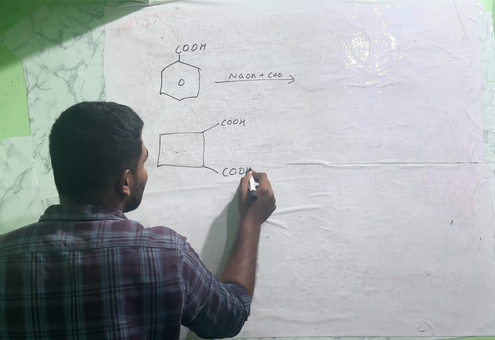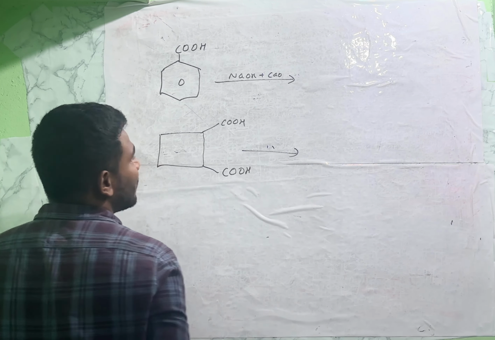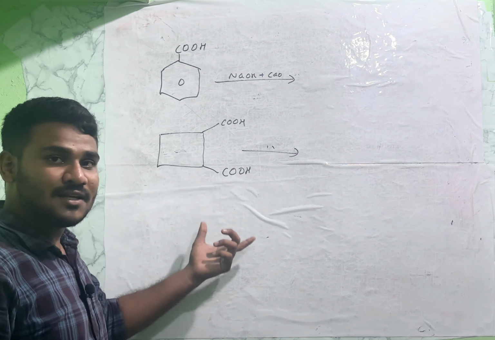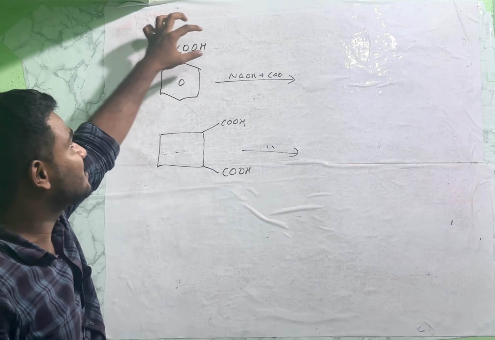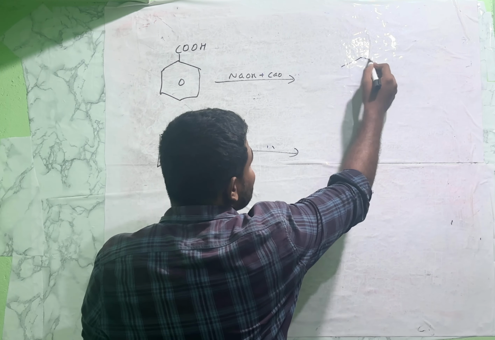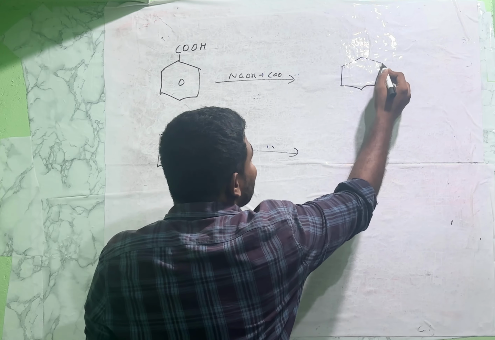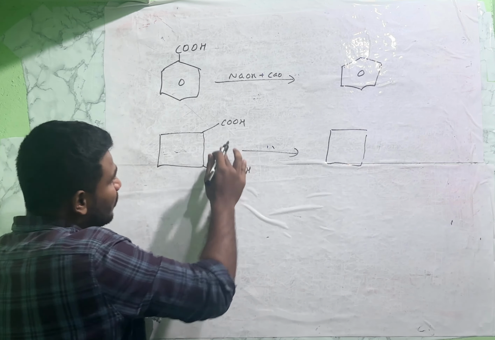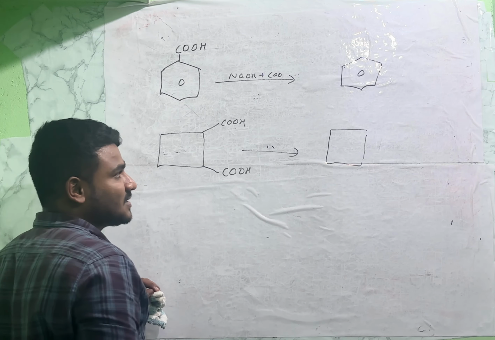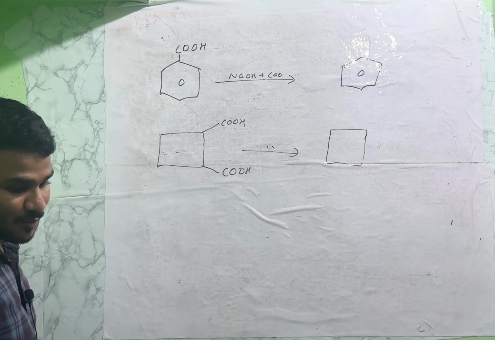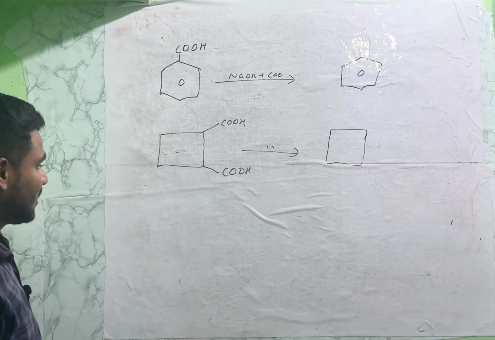COOH, COOH. Now just remember, you know the mechanism behind it. It is a decarboxylating agent, that is this CO2 is removed. Simple, if you remember all that mechanism, you can just write like this, no need of the mechanism every time. Here two COOHs are there, that is NaOH plus CaO in 3:1 ratio, so these COOH groups are removed from the reaction. For example,